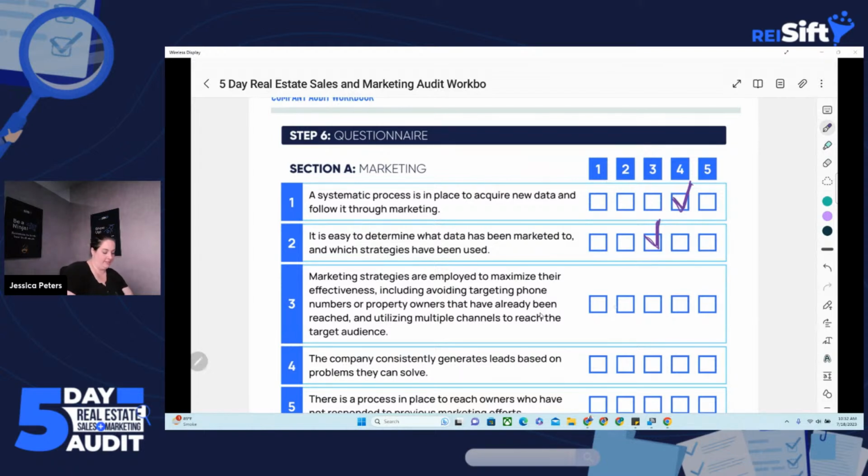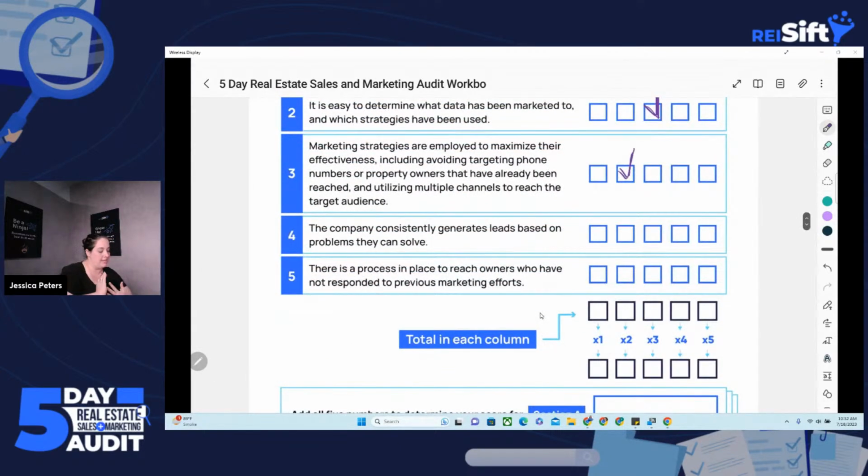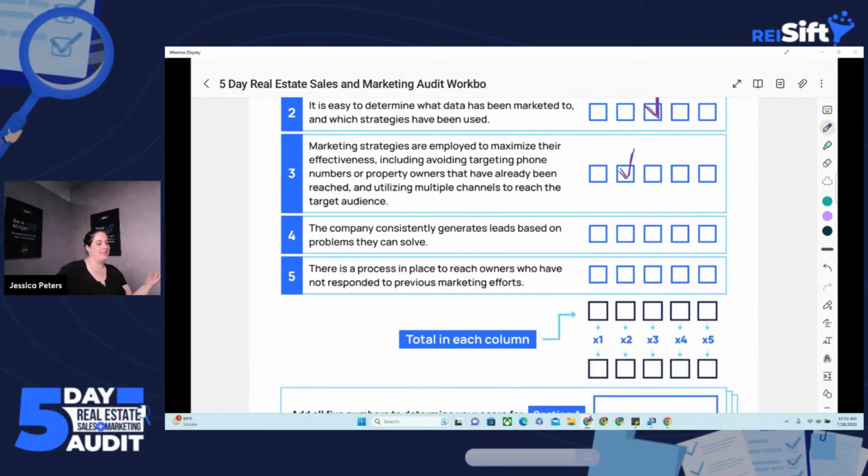Nobody votes. All right, number 4, the company consistently generates leads based on problems they can solve. So this has 2 things: consistently generating leads, so that you're going to be able to consistently generate the number of leads that you want. Oh, look, the Facebook user did vote, and I picked the right number too. So it worked out. Thank you for voting, Facebook user. So number 4, the company consistently generates leads. So consistently, this person put 4 for the last one, so maybe I should average it and make it a 3. See, it just takes a while sometimes, I think, for me to be able to see the scores. So I need to just wait a little longer.